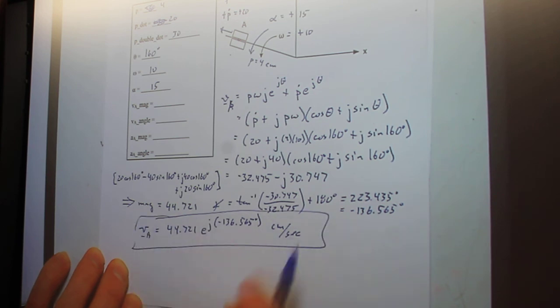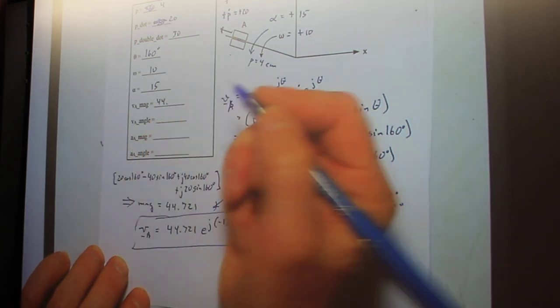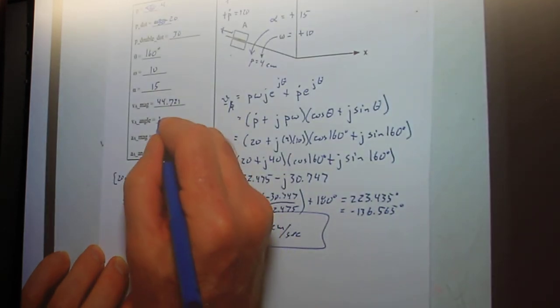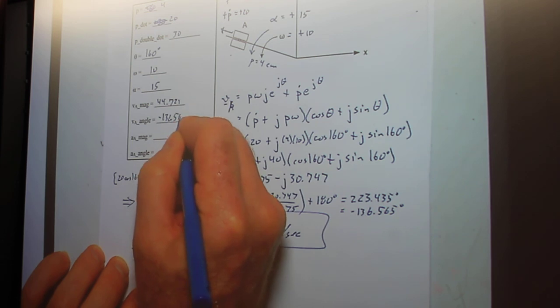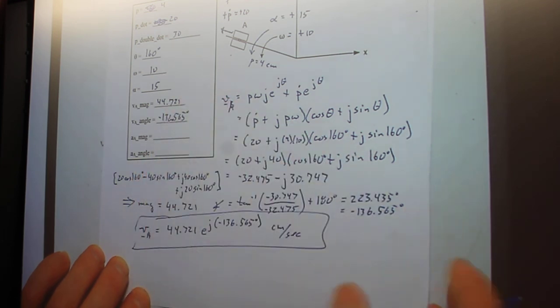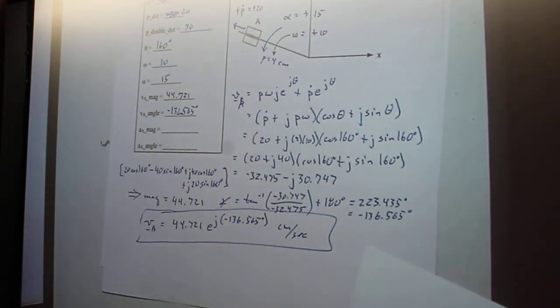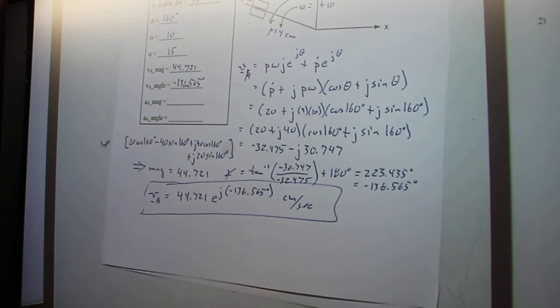But you would also accept the 223? I would, because it's the same angle. So this is 44.721, and the angle is minus 136.565. Why do you prefer the negative one? Because the absolute value is less than 180. So is that the answer? That's correct. Okay, so that's the velocity part. So I need to do the acceleration part now. All right, so the acceleration part